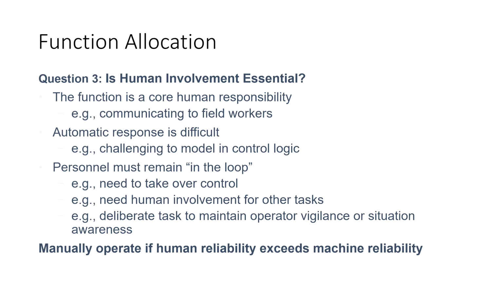It's also one of those when we say keep the human in the loop, we also want the human aware of the state of the system or process at all times. So we don't typically want them to be coming to this system in an event context where it's novel to them, or they haven't experienced it recently. And then we want to manually operate if human reliability exceeds machine reliability, or if it's a critical task that we want to keep in human hands.